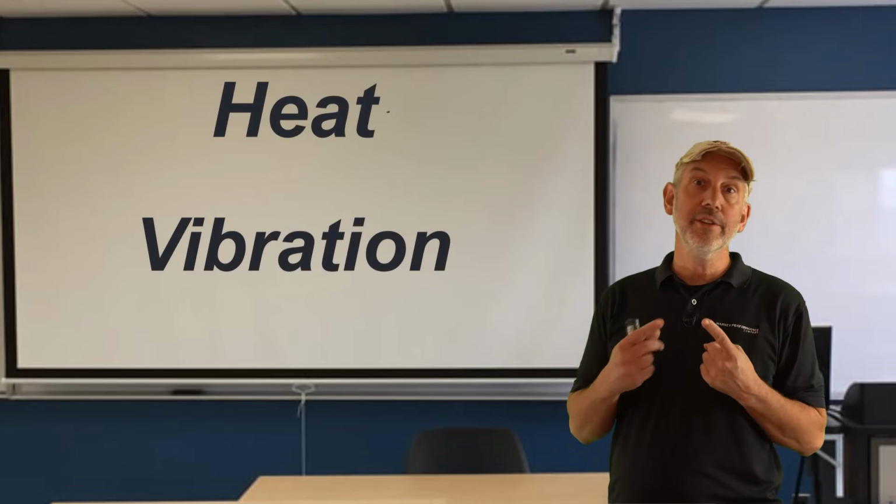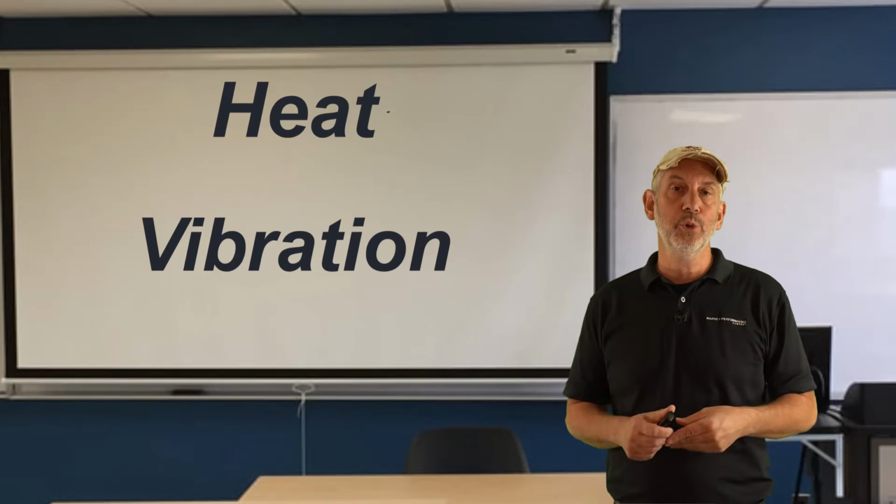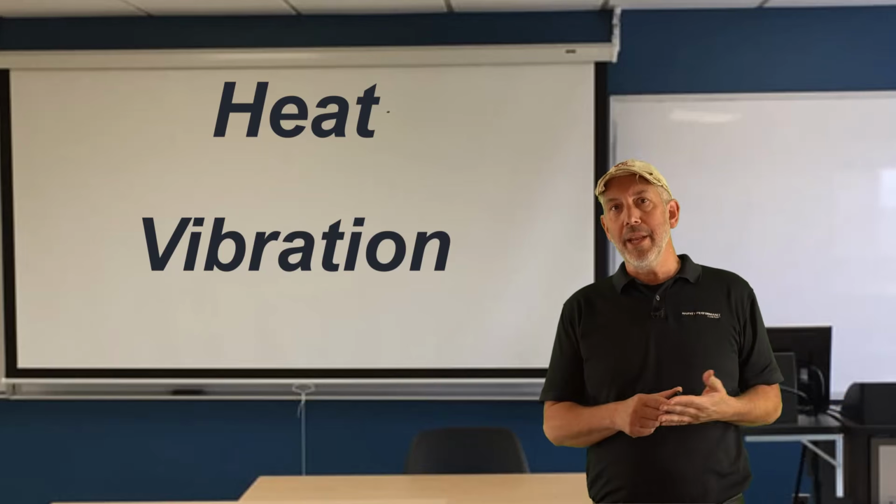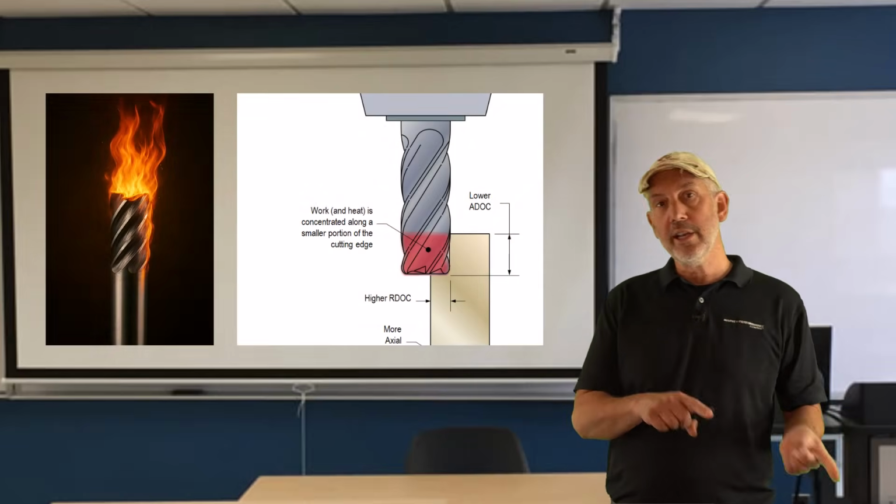Well, hey folks, thanks for coming back. We're talking about the things that destroy our cutting tool and how a high efficiency tool path, as we've said over and over, dynamic, adaptive, profile milling, these high efficiency tool paths take care of our tools. The two things we really need these tool paths to take care of are heat and vibration. These are the two things that are going to kill your tool quicker than anything. That's what starts deteriorating the tool. Once the heat gets into it, it starts destroying it. And once it starts vibrating, carbide's very brittle, it starts breaking.